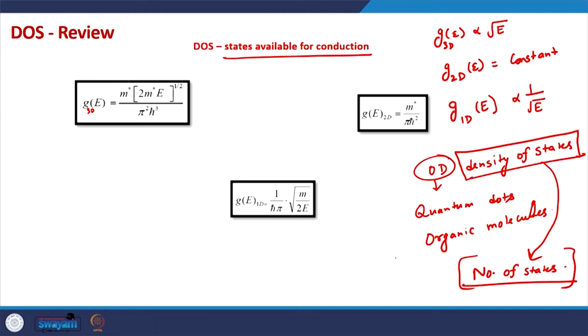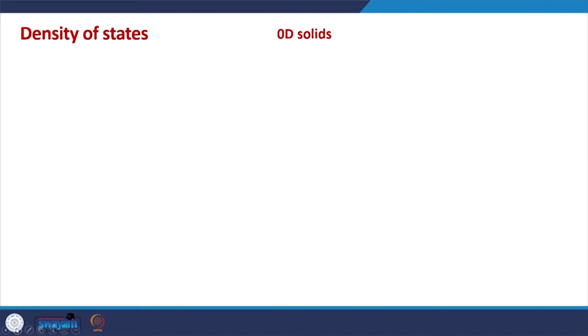How are electronic states distributed in an atom or in a molecule? Just think about it. In a 0D solid,